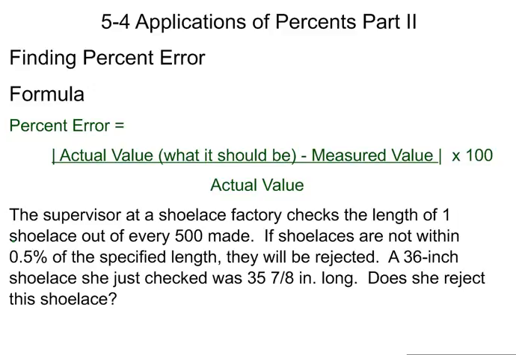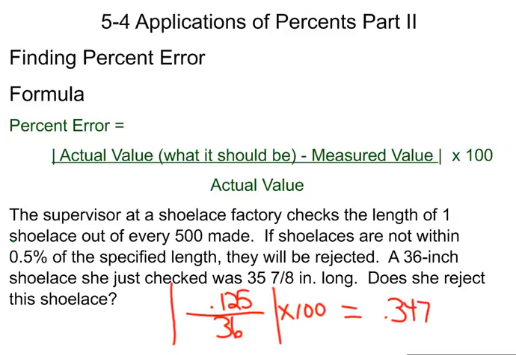Okay, so when we take 36 and we subtract 35.875, we get 0.125. We divide that again by the actual value. We said that was 36. We take the absolute value of that times 100. And what we get is 0.3472. When we multiply by 100, that becomes a percent. So this is now a percent,